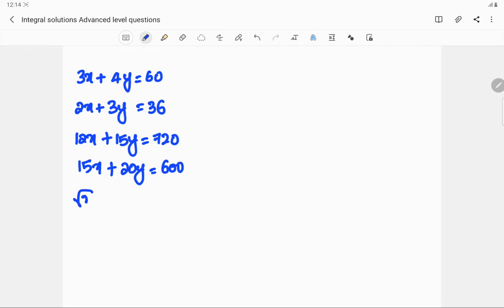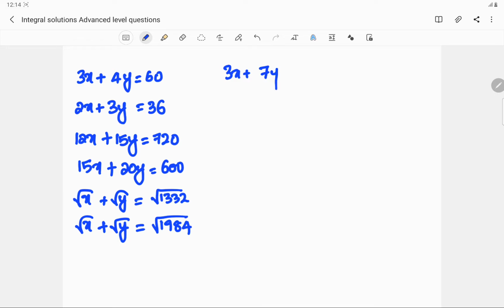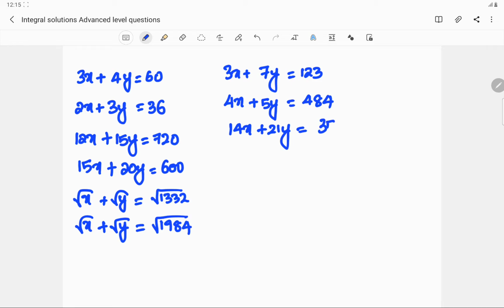and then square root of x plus square root of y is equal to square root of 1332, and square root of x plus square root of y is equal to square root of 1984. 3x plus 7y is equal to 123. 4x plus 5y is equal to 484. 14x plus 21y is equal to 350,